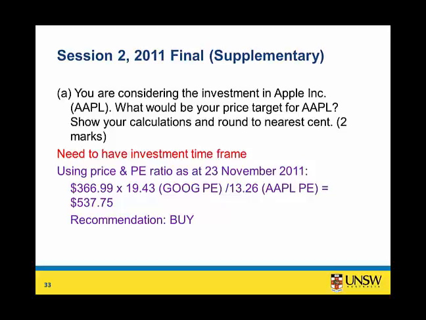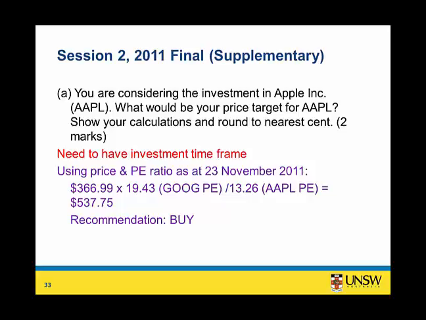So this gives us a kind of growth rate. So we're considering, what if Apple grew to the same level as Google? So do we think there's some growth in Apple's share price? So this gives us a target price of